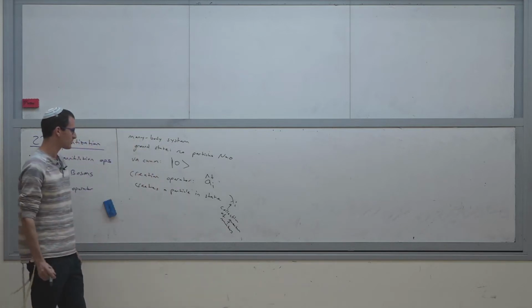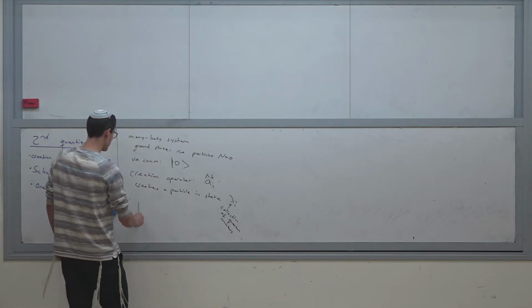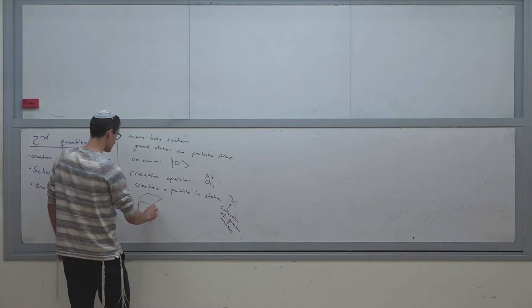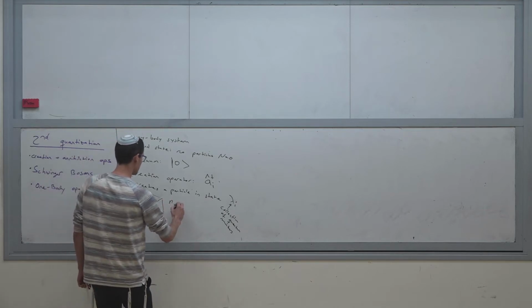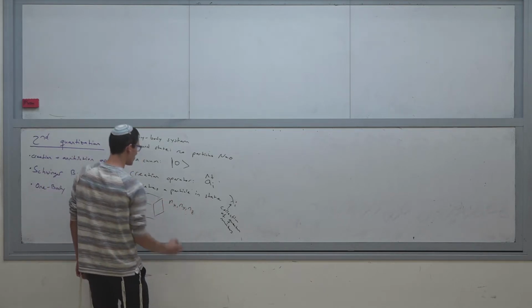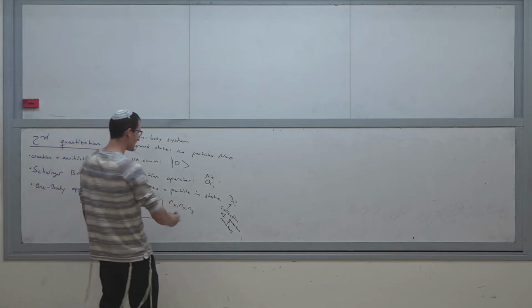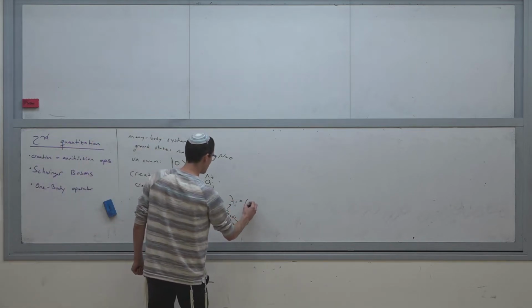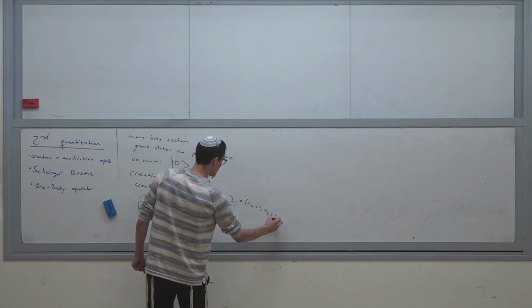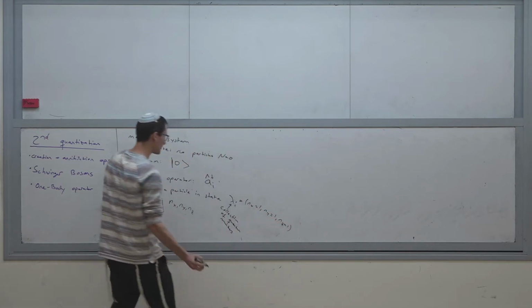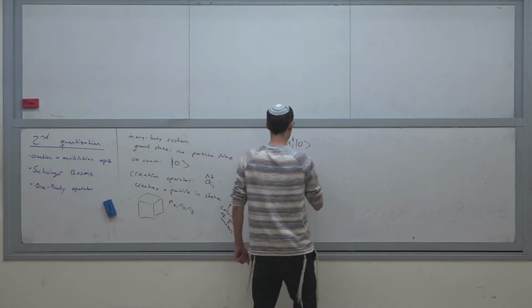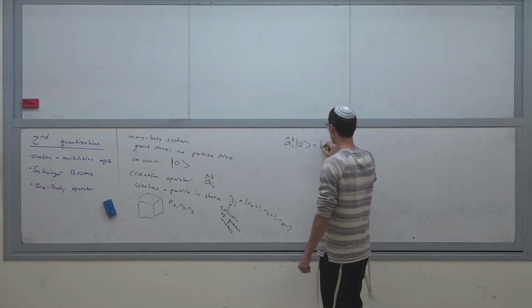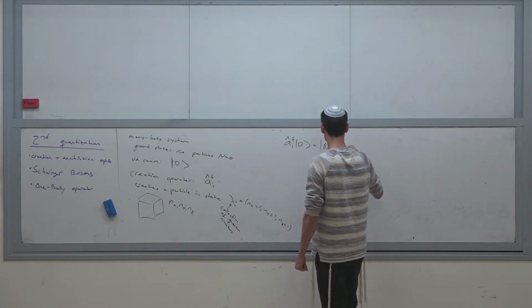This could be, for example, a 3-dimensional infinite potential well. In this case, you have 3 quantum numbers, nx, ny, and nz. And now I'm creating a particle in state lambda I. So for example, this could be the state nx equals 1, ny equals 1, and nz equals 1. So when this operator acts on the vacuum, you then get one particle